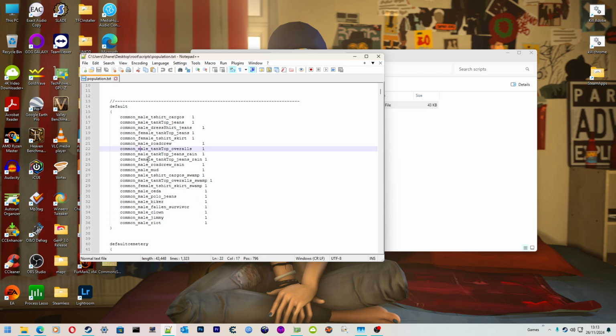And although this population file does tell the game to alter the population for the old Left 4 Dead 1 campaigns, the same scripting bug prevents it from working. So unfortunately, I'm afraid there's no way around that. Those will just work the way they always have. There are also